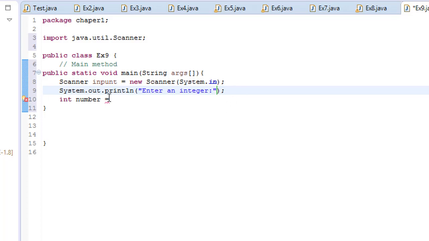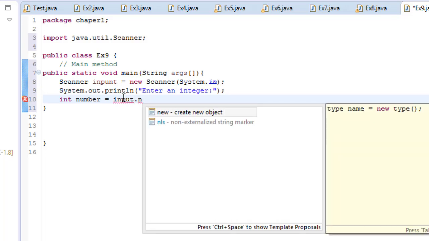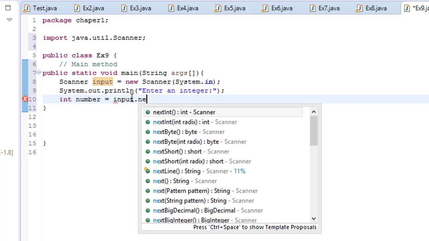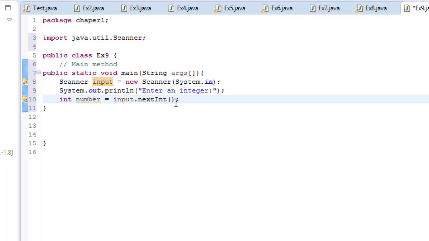An integer, right? And the way we get that number, we have to use input dot next, this has to be input. So that's how we get this number from the user. You type the number, enter the number, and we have talked about this so many times that now you should be familiar with it. So now we are going to check the number. This is where the logic is. So if the number